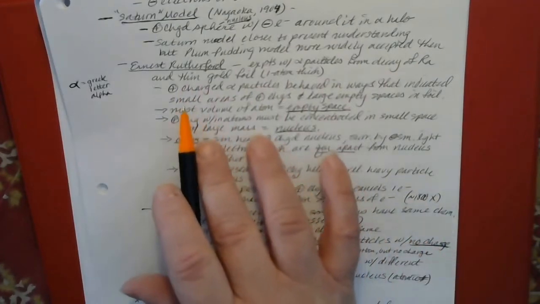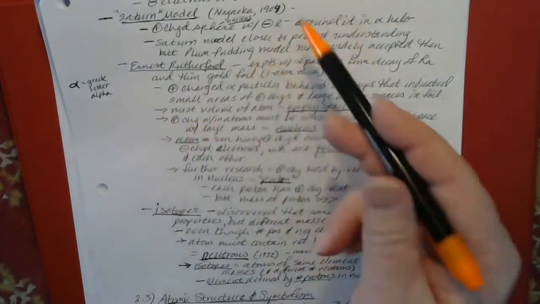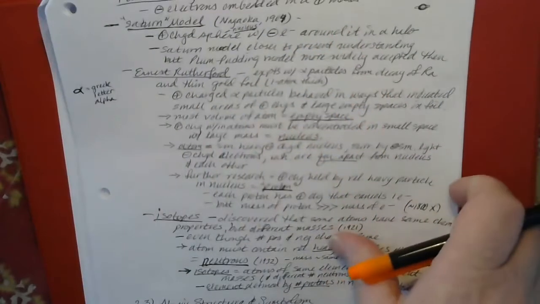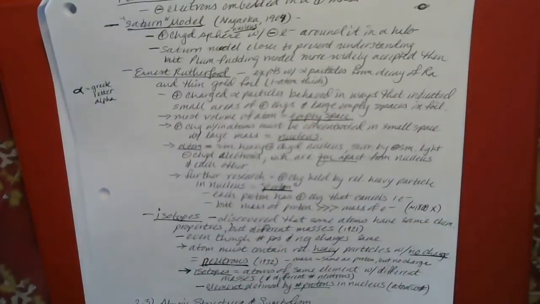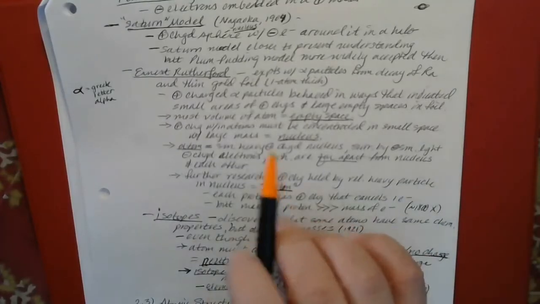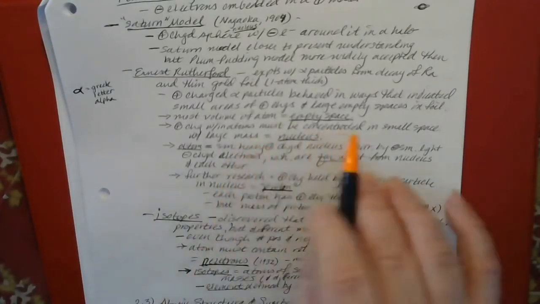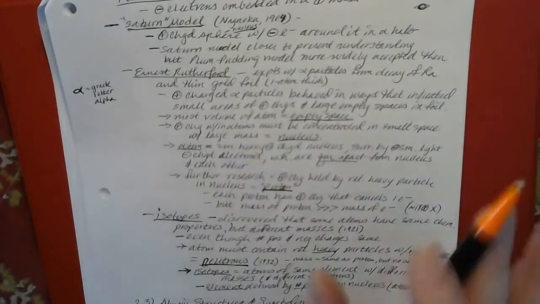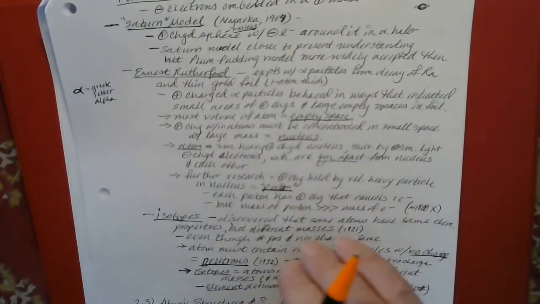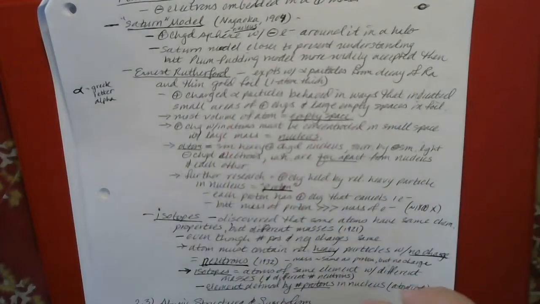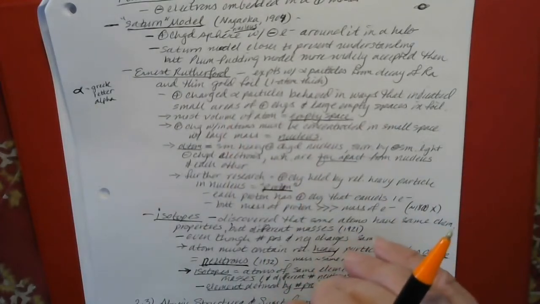And the results were quite surprising. Based on the previous model of the atoms, he expected most of those alpha particles to just bounce back at him because they physically hit something and bounce back. But what he found was that most of them went right through the gold foil. Some of them were deflected a little bit, but most of them went right through. And only a few of them bounced back at him.